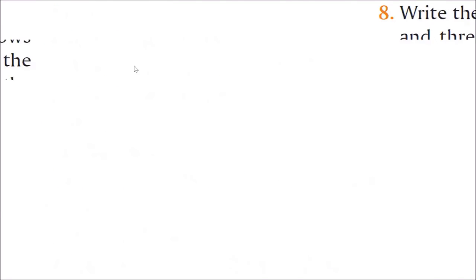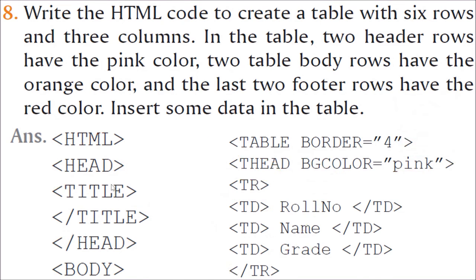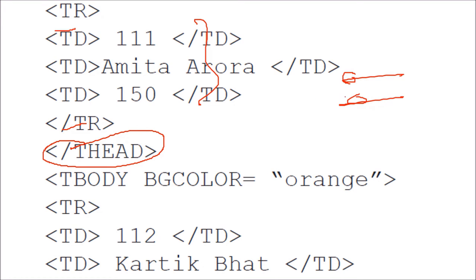See, first of all, what we have done is we have made a table header. In this table header, we have made the background color as pink. So these three will come in pink. Then we created a TR, this content. Then we added the T head. So this all will come in T head. I hope you understand. Two rows will come in T head, and those rows, the background color will be pink.